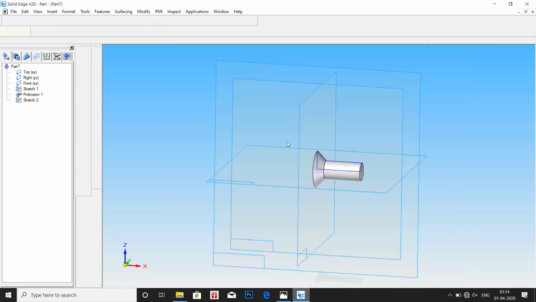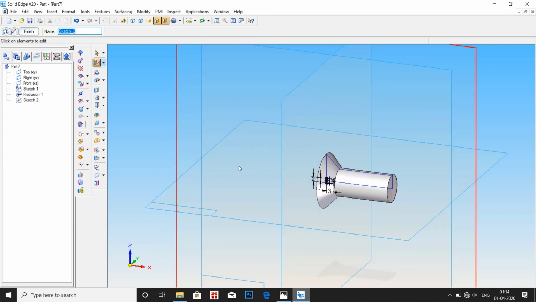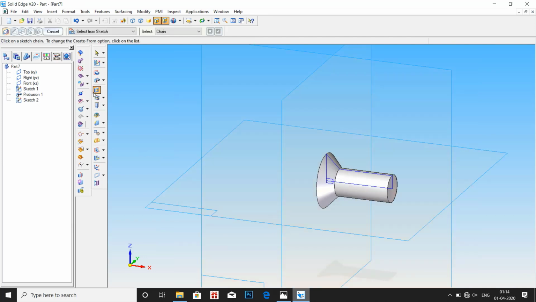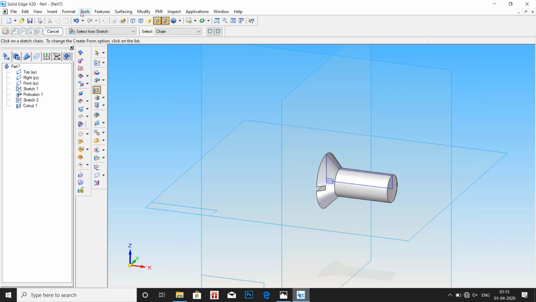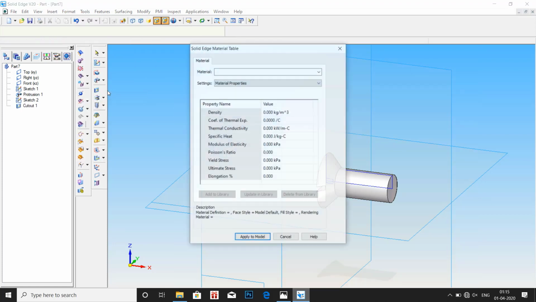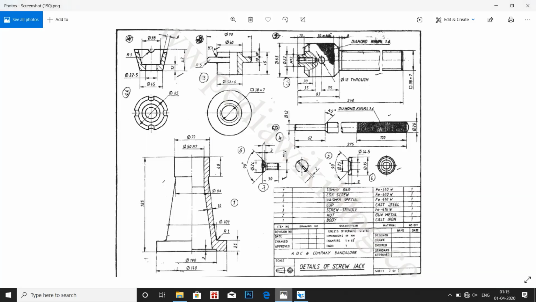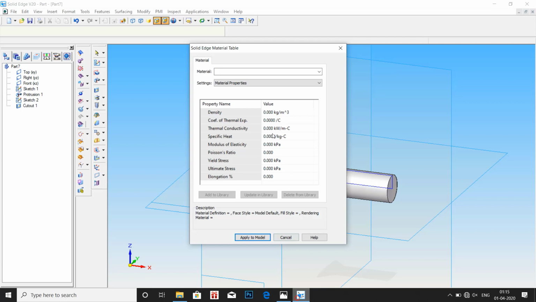Go to return, click on cutout, select the square profile, click on symmetric, drag until it creates a groove, click on finish, go to tool, material table, apply model. Wait, material used for the screw is Fe410W. Type Fe410W,